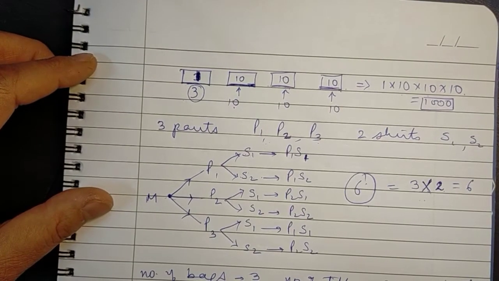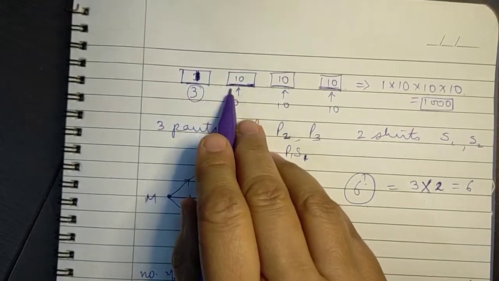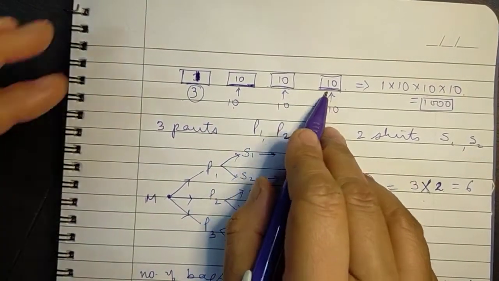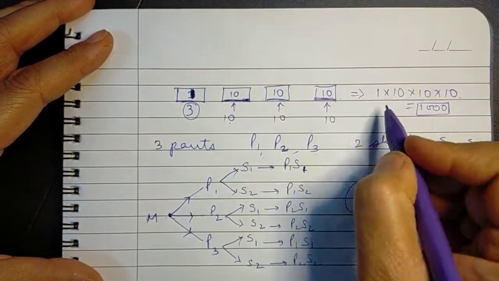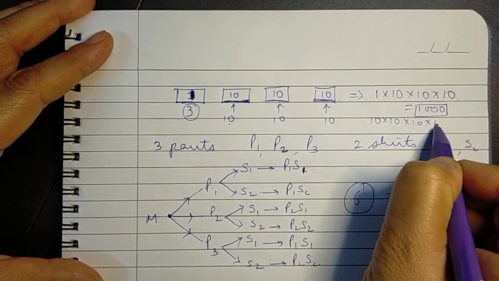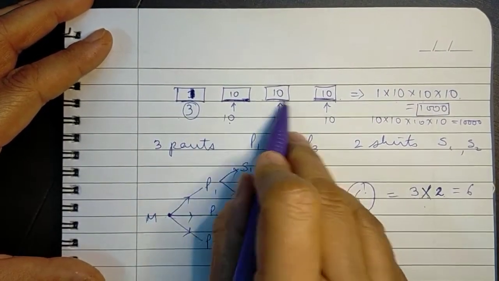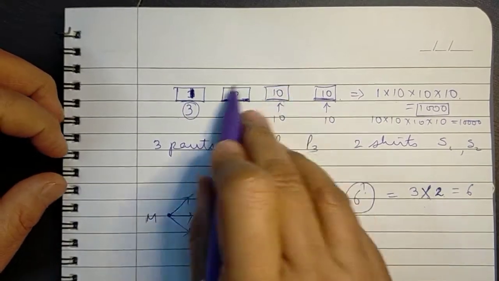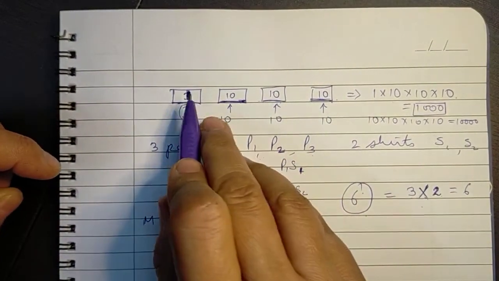unique numbers which can be formed to set this number lock. Similarly, if even the first number is not known, then the number of possible arrangements would be 10 into 10 into 10 into 10, that is 10,000 possible unique arrangements which can be used to